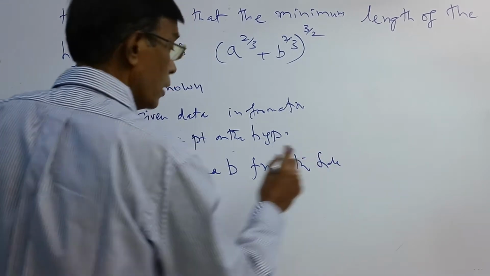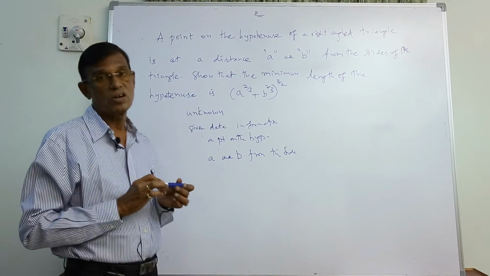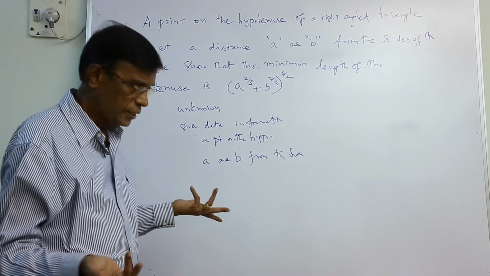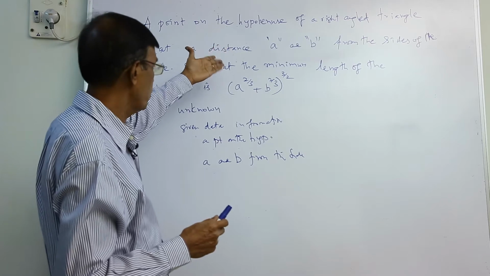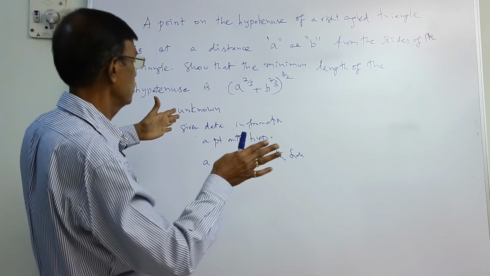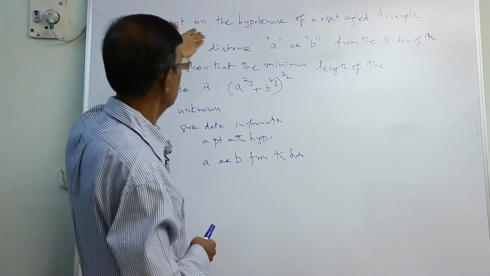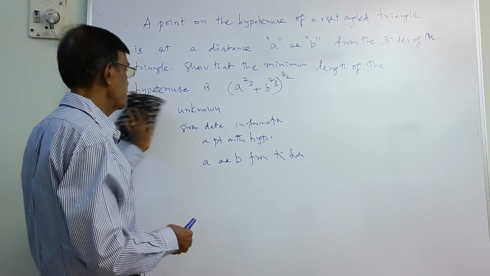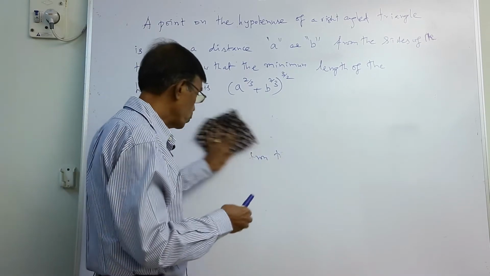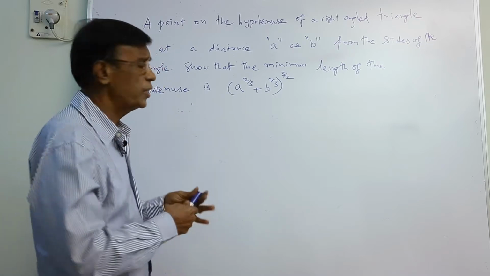Now come to this. Do you need a diagram or not? Yes, because without the diagram you will not be able to complete the problem, or to solve it at all. Not only that, a point is given on the hypotenuse, it's a right angle triangle, and the distances are A and B. So naturally it needs a diagram. For every problem you should ask all these things, students. So there is a diagram. See this.